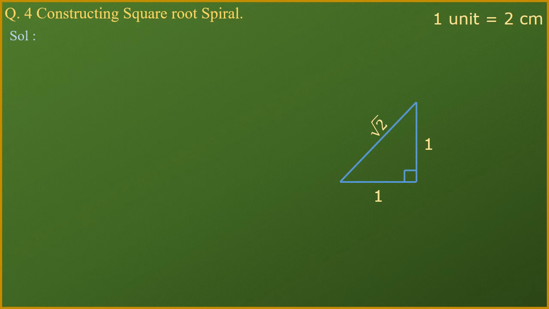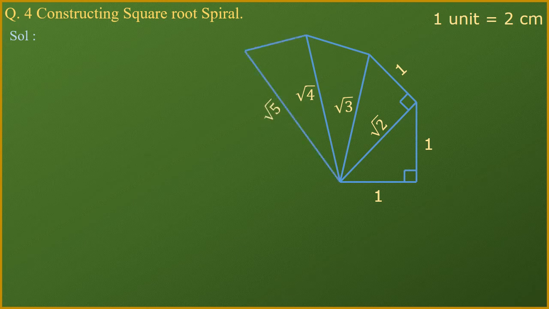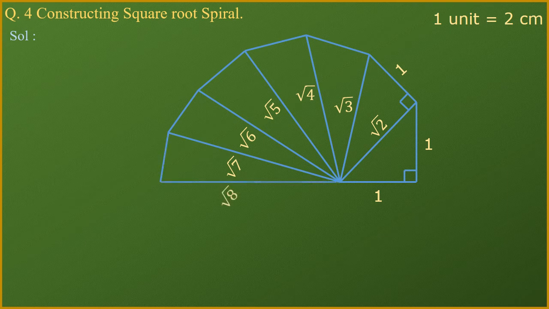Similarly, how can we plot another one? Now again from the point at the top I will draw one more perpendicular, and then again I will join it with the base point over there. Right, and this process I will repeat in the same manner. You see, each and every time I am making the perpendicular and joining with the point on the base. Again I will draw the perpendicular and join it with the base, and each and every time you observe I am getting the value of root of 2, root of 3, root of 4, root of 5, root of 6, and so on. So see, the figure will be completed in this manner.